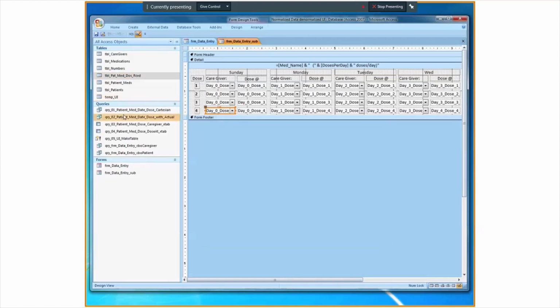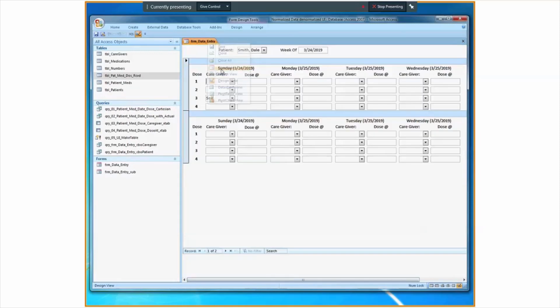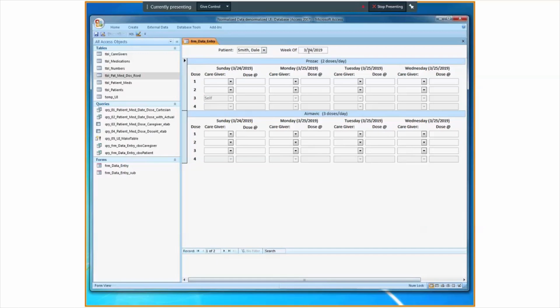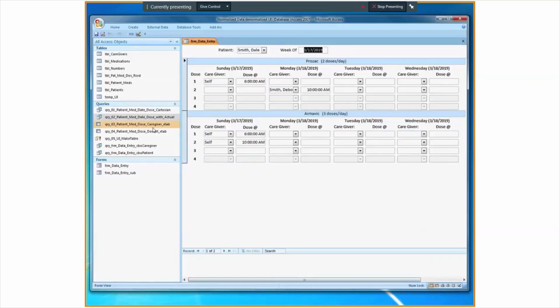So we started out with, let's go back to this form, close this, open it up, because I have to have it in form view in order for the code to work, for the queries to work, excuse me. We created this query 2, which gives us the list of all combinations of patient med, dose number, dose date, and caregiver. But I can't just write that to that table in order to get this structure. What I have to do is break that out